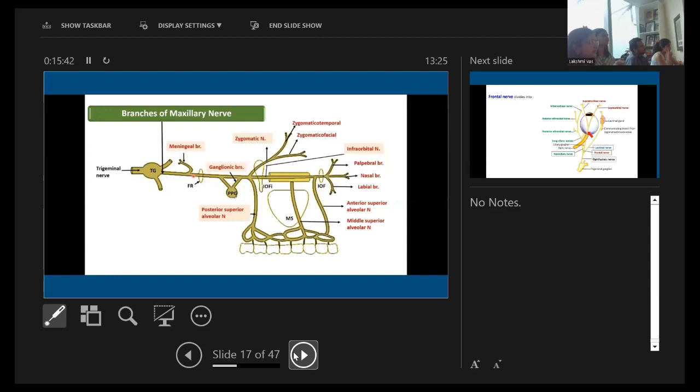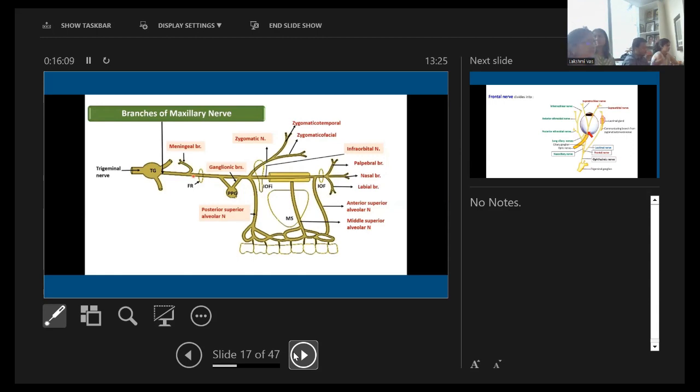So this is the diagrammatic view. Before the foramen rotundum, it gives the meningeal branch. All three branches of trigeminal give innervation to the meninges. You can see meninges are highly sensitive, so maximum irritation can cause